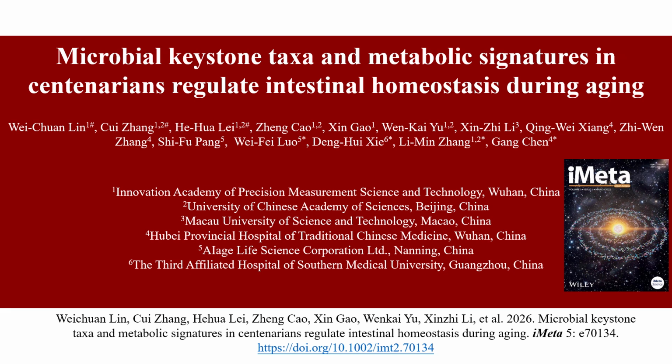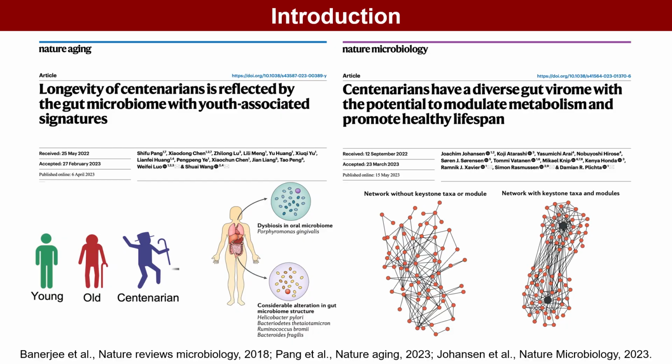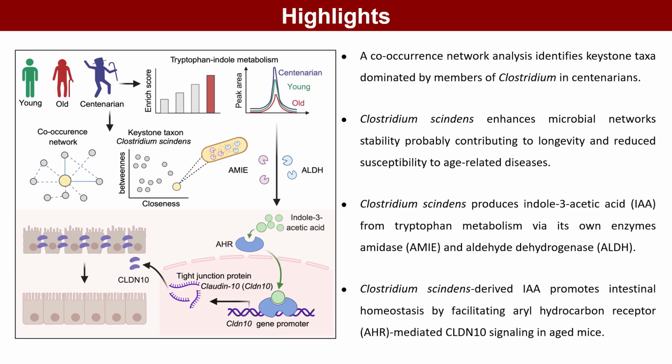Intestinal Homeostasis During Aging. Gut microbial networks and keystone taxa are important for maintaining microbial stability and host homeostasis. However, most previous studies on aging-associated gut microbiota mainly focused on abundance changes, while microbial networks and microbe-host interactions were less explored. Highlights: we identified Clostridium-dominated keystone taxa in centenarians and revealed that Clostridium scindens enhances microbial network stability and